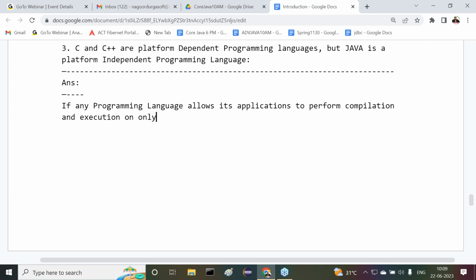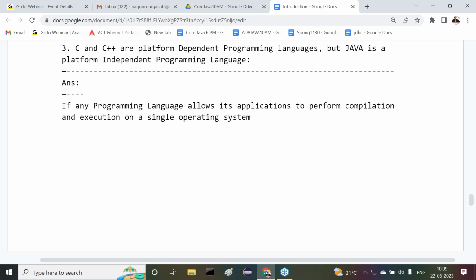If any programming language allows its applications to perform compilation and execution both on a single operating system,